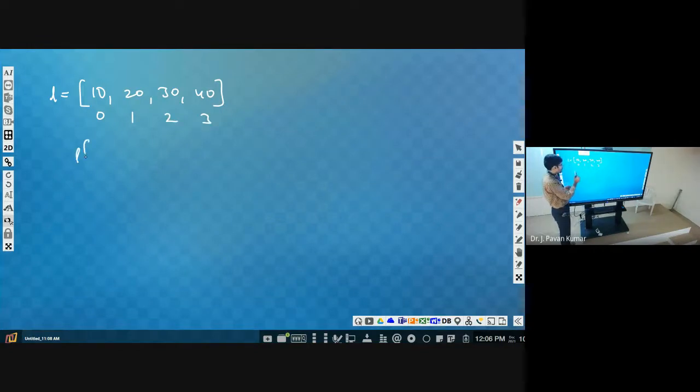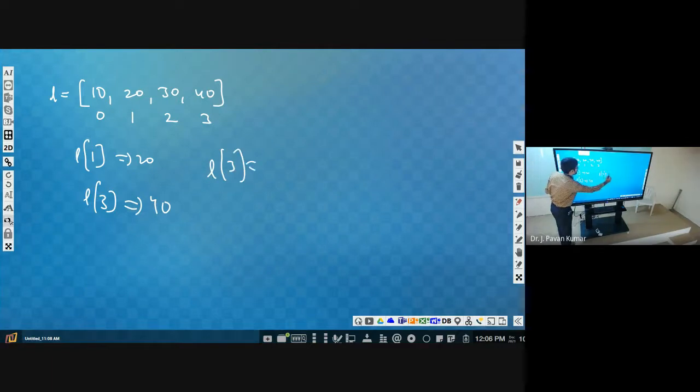If I give L of 1, then we get the second element, and L of 3 gives us 40. Like this, order is given, indexes will be there, and we could modify also. Suppose I say L of 3 is equal to 50, then 50 will be assigned to L of 3. It is changeable. Okay, this is what we have seen so far.